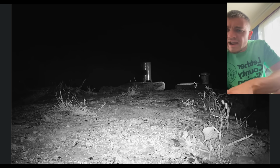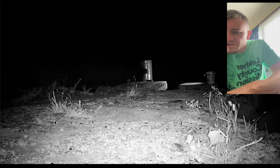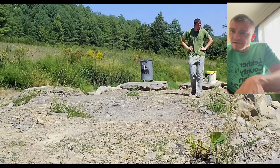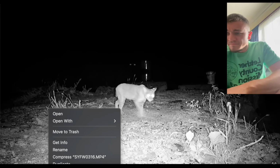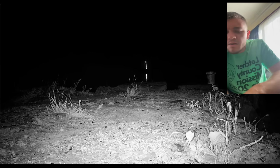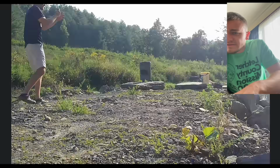Alright, so right here, this camera went off. I'm not able to see exactly what it is just yet. I'm looking through the footage. I'm actually playing it. I'm not seeing anything, so maybe it was a false alarm. But then I think that might have been me. Ooh, here's the bobcat. Same bobcat that killed Declan. And he's back once again looking for something else to eat. Probably another duck if he can find it. And then that is...